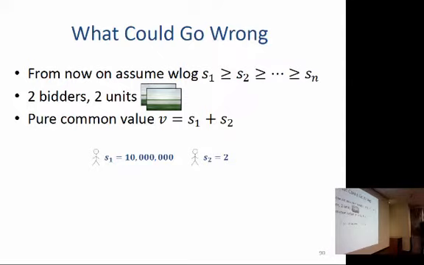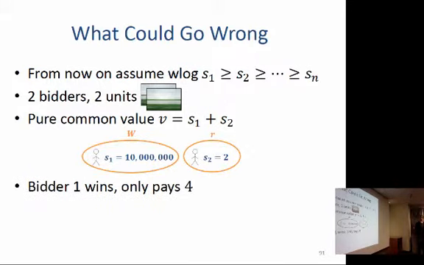Now bidder 1 happens to have, this is going to be a slide without distribution, just to get the idea, a really, really high signal. So notice what's going to happen. This is the only way we can extract revenue, right? If this bidder is picked as the reserve, this guy is picked as the winner. But notice how much he pays. He only has to clear somebody who has a signal of 2, so he ends up paying 4.